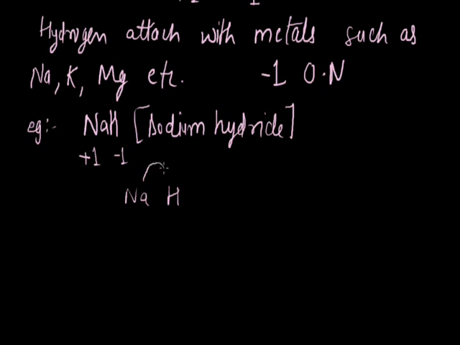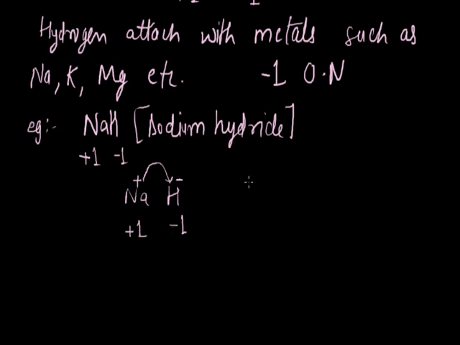So it gives its electron to hydrogen and acquires a plus charge, and by gaining a single electron, hydrogen acquires a minus 1 charge. So according to this, hydrogen has minus 1 charge in this sodium hydride. So we can say that its OS or ON will be minus 1 and the oxidation number of sodium will be